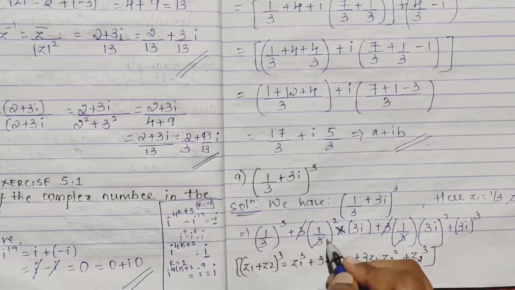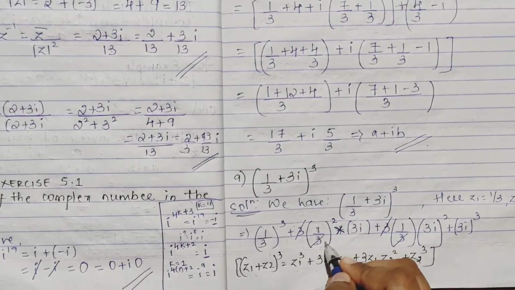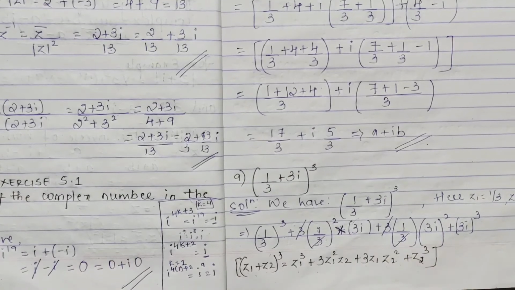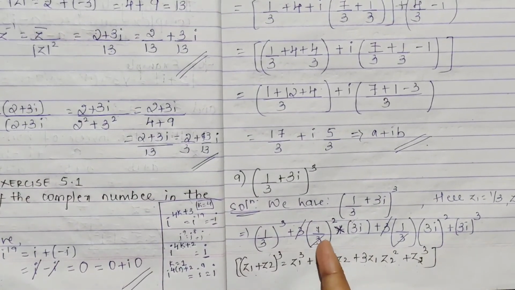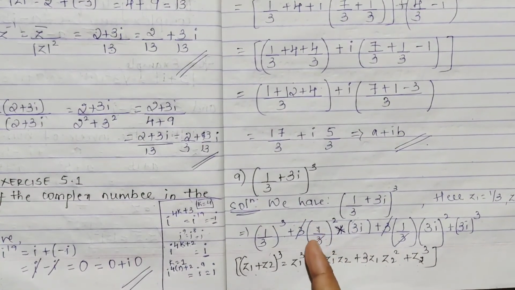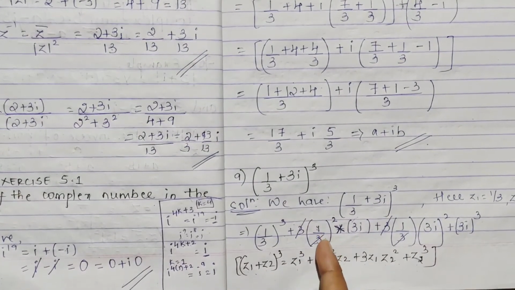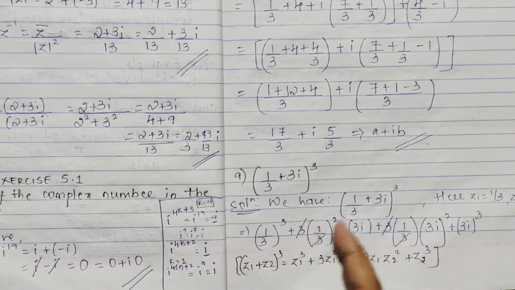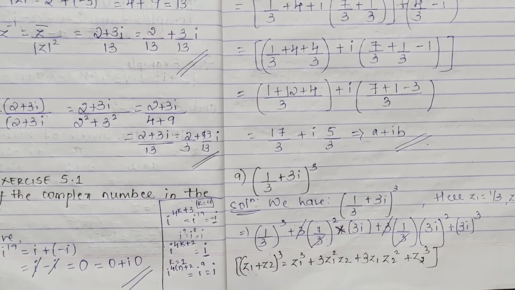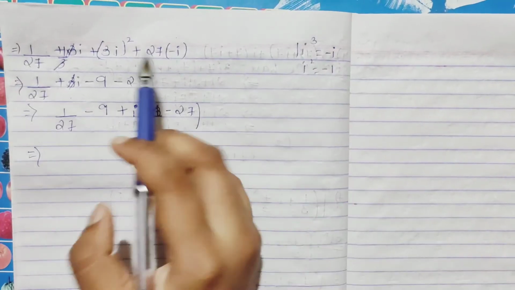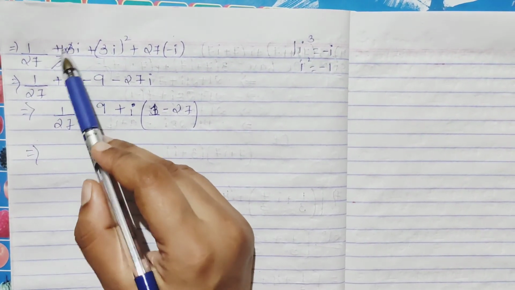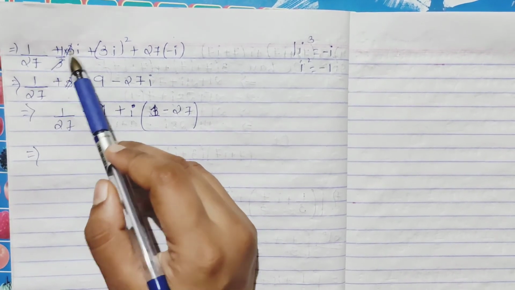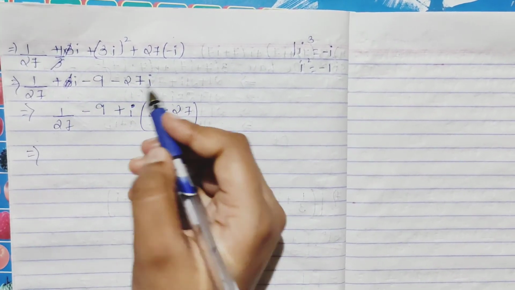If you want, you can split 3 into 3, so 1 three gets cancelled, and 3 will be remaining here. Okay, so here we made a mistake. 1 by 3 square it is, so it is 1 by 9 you get. So 9, 3 threes, everything gets cancelled. 1 three had cancelled there, so here I wrote 1 by 3 into 3 again. So 3 gets cancelled, I'll be having only i, right?